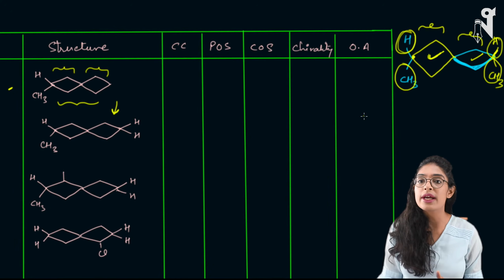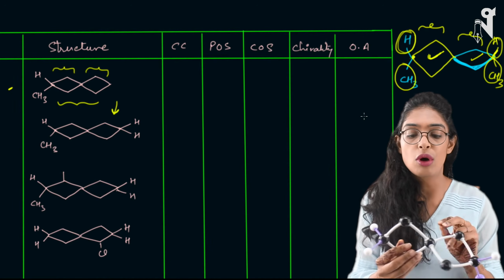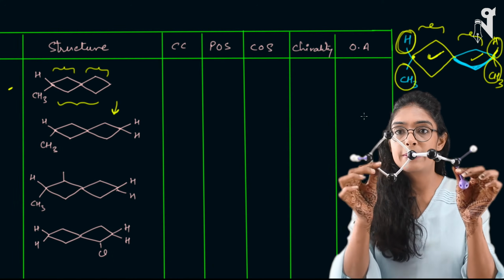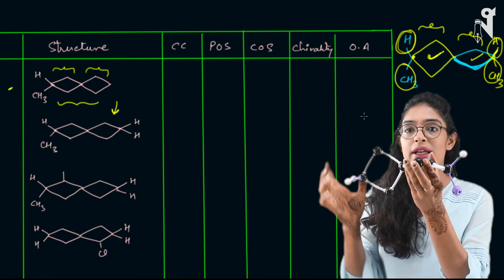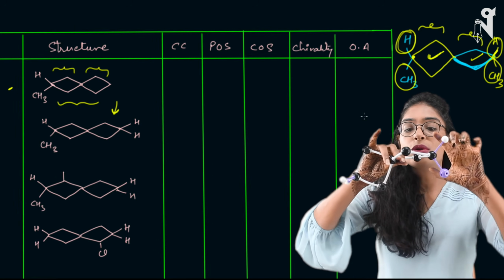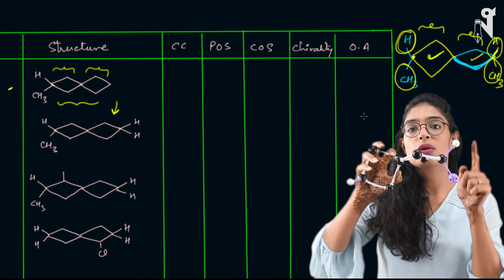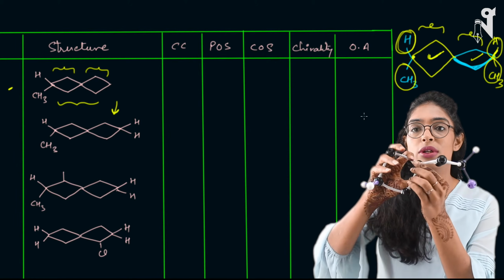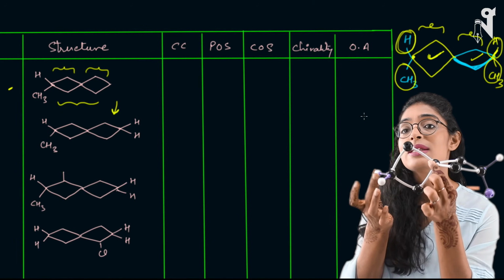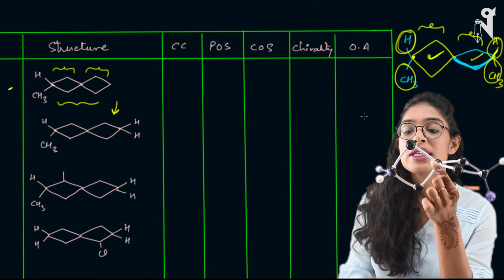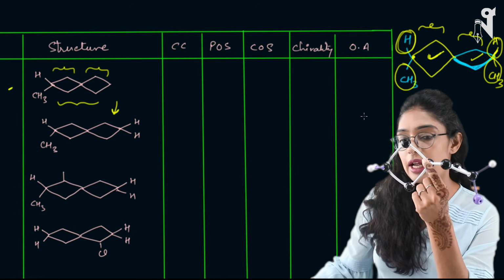Now, if you want to actually visualize, think on your own about why it has happened, and I will show you the molecule over here. So this is how my ring looks like. This is what exactly I am forming over there also. So one ring is in one plane and its sigma bonds over here are in the perpendicular plane. So this is my first ring, and these are the sigma bonds in perpendicular. Then comes another ring. This other ring is again in the perpendicular plane, and these sigma bonds are in the same plane as the previous ring.